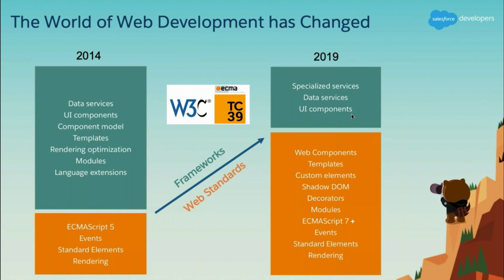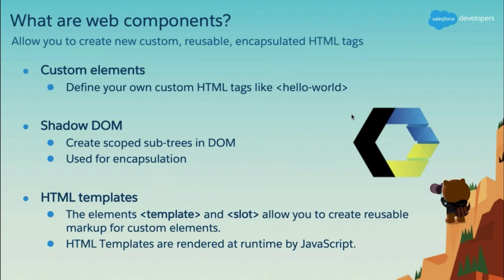Right. So web components have been a part of the standard, as you can see on the screen. But to define what web components are, they are reusable elements whose functionality is encapsulated from the rest of your code. This is a very high level statement, but we are going to look at a demo and see what web components really are. And when I say they are reusable elements whose functionality is encapsulated, it's not just one technology that is responsible for this. As you can see on the screen, there are three different technologies that are responsible for